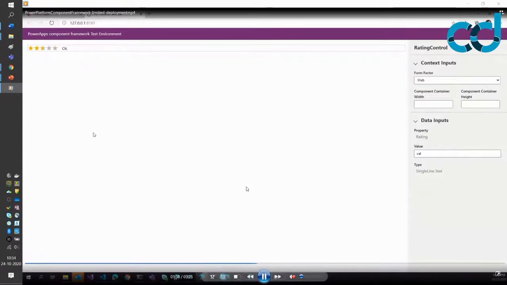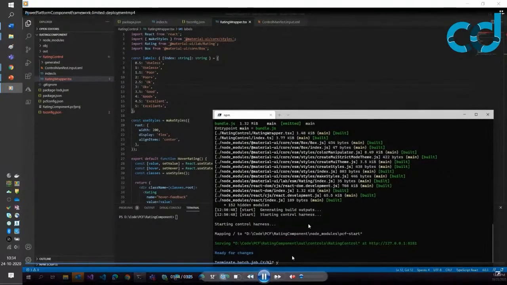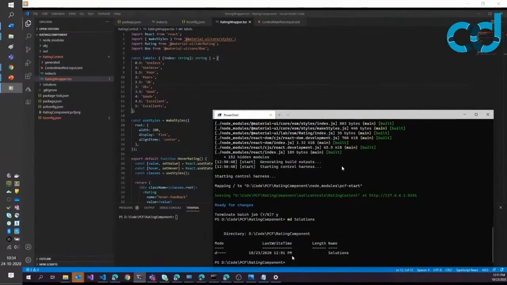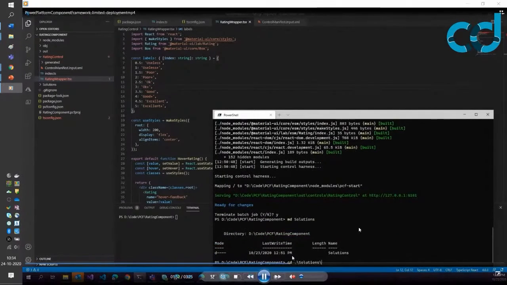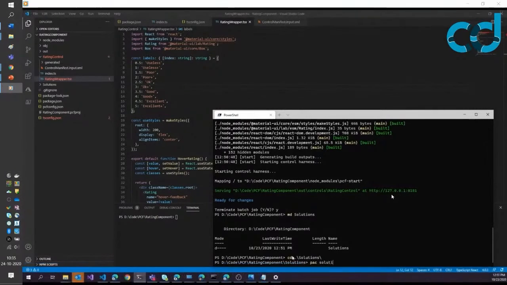And the next step basically would be to publish this control to Power Platform. Now there's a couple of steps to do that. First, you need to create a project in Power Apps. So for that, we build a solution and then we package. We create a solution in Power Platform and then we publish the solution to Power Platform, or to Power Apps, I should say.